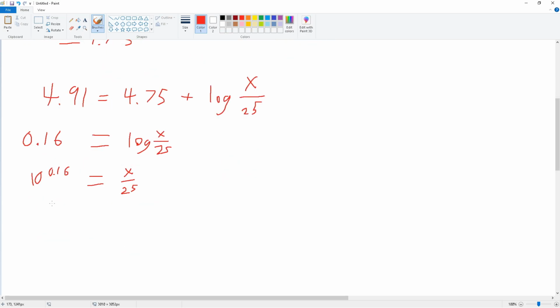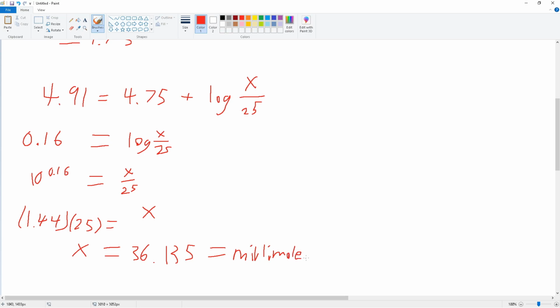And so this just becomes a simple math question. 10 to the power of 0.16 is 1.44. And so we have x, but we just move the 25 over, so we would just multiply 1.44 by 25. And therefore, our x equals 36.135, and that is, of course, equal to